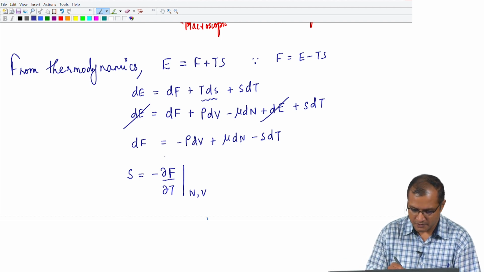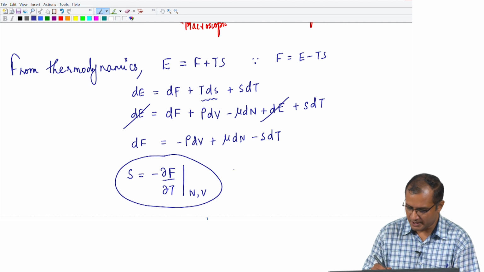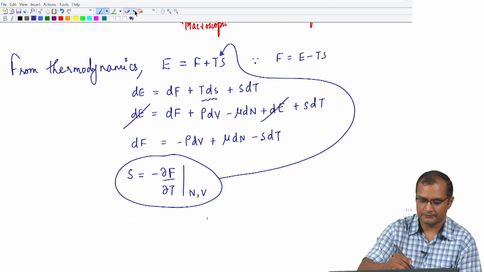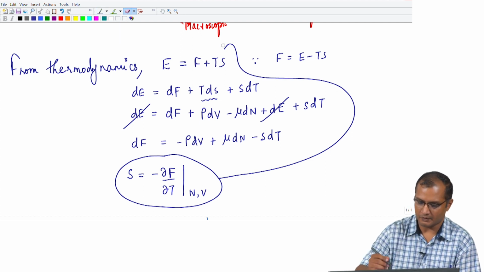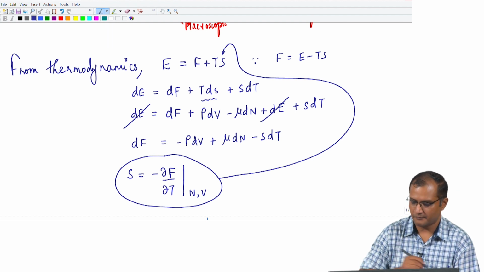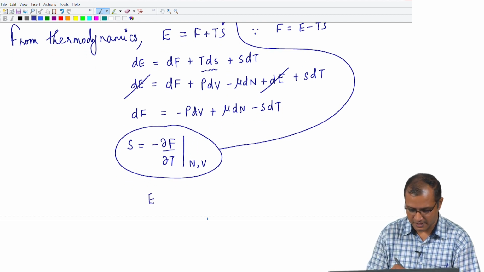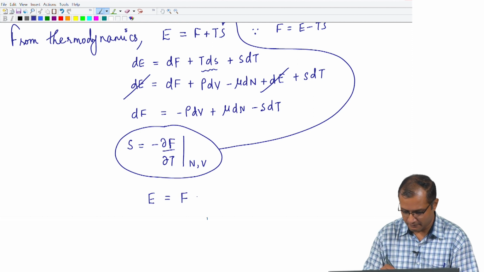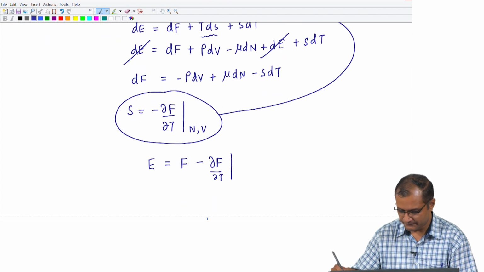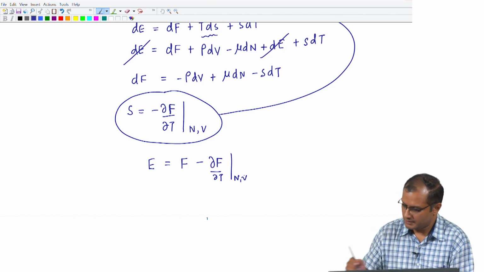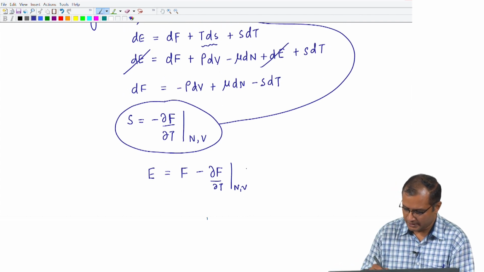Well, I am going to substitute what I have just obtained for this entropy. Okay. Fine, and write down my equation as E equals F minus dF by dT at constant N, V,